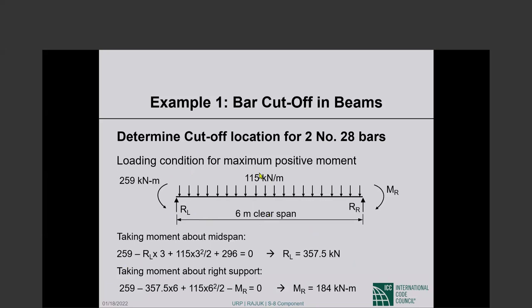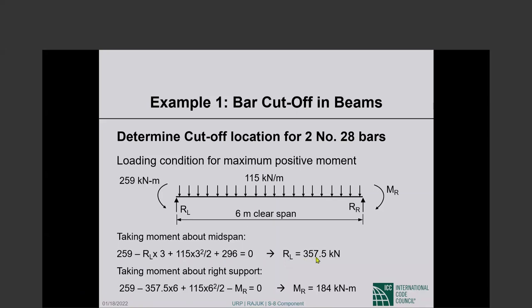And then 115 kilonewton per meter over 3 meters of span will cause a moment of so much, which is also counterclockwise, so it is positive, and 296 being a positive moment is also counterclockwise, and it is positive. So if we take moment about midspan, we get this equation from which the left reaction comes